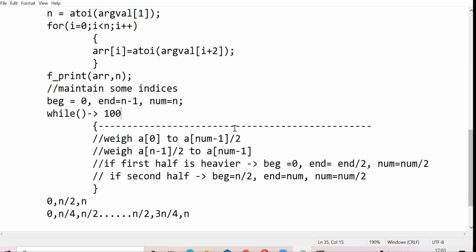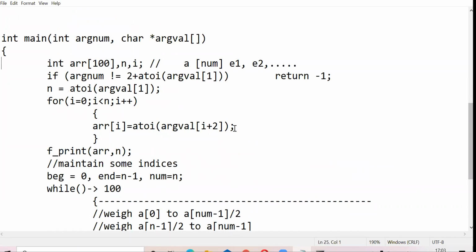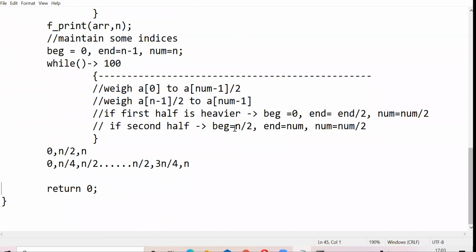For your balance scale function, you are free to use anything as arguments, any type and any number of arguments. So don't remain restricted by something which is written in the document for that particular part.